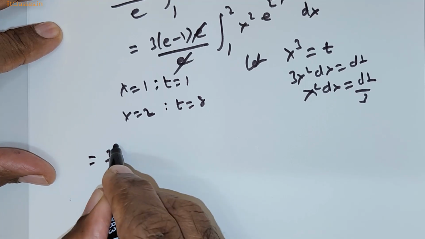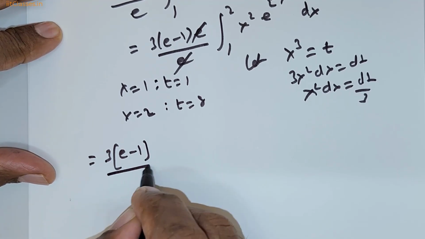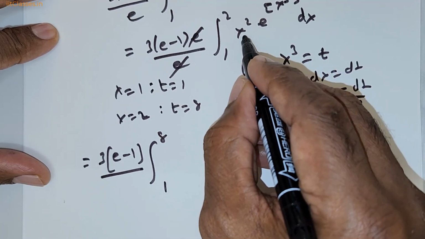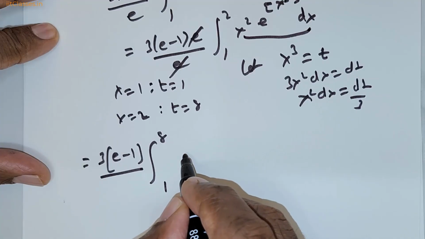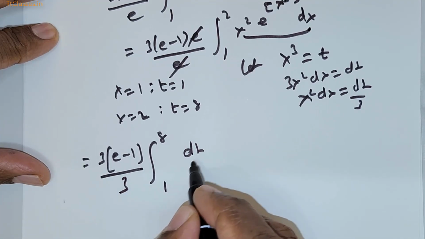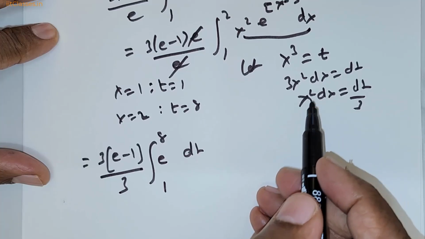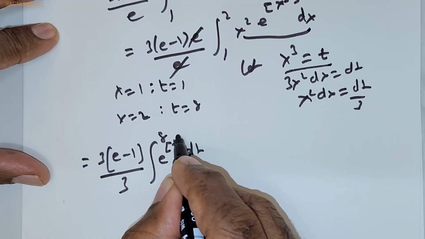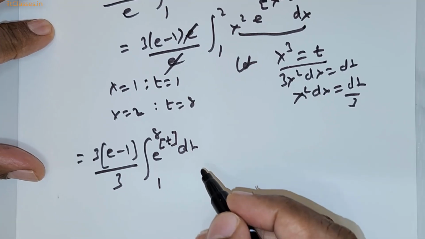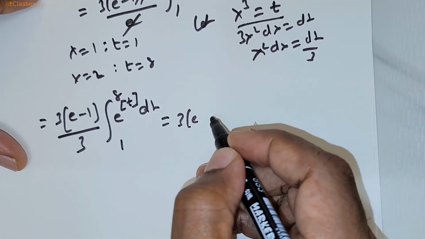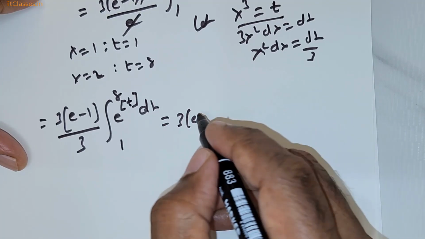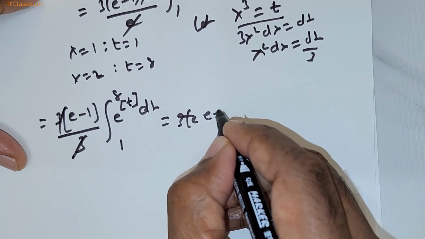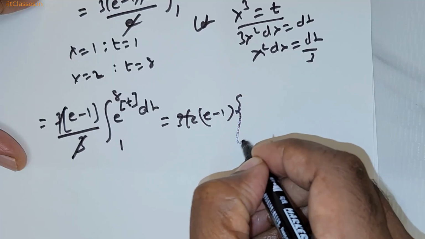So the new limits are going to be 3 times e^(-1), limits are 1 to 8, x squared times dx, that is going to give me dt over 3. 3 is written here. Now e raised to the power of x to the power of 3 is t. So greatest integer function of t. So this is going to be 3 times e^(-1). In fact the 3 can be cancelled, so we are going to just have e^(-1) times the limits